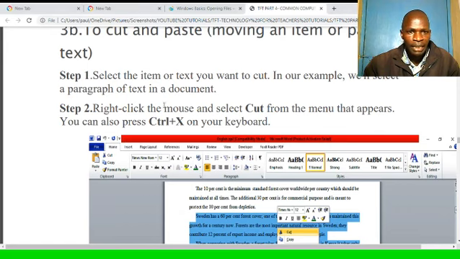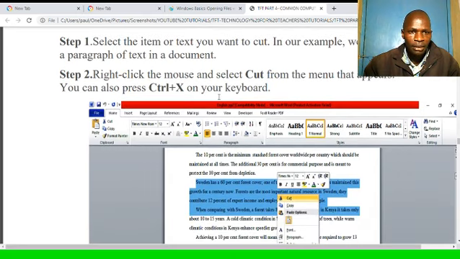In our example, we will select a paragraph of text in our document. Step 2, right click the mouse and select cut from the menu that appears, or you can also press Ctrl plus X on your keyboard.